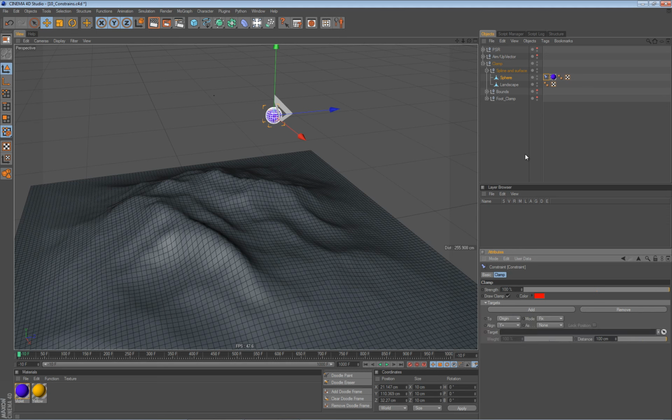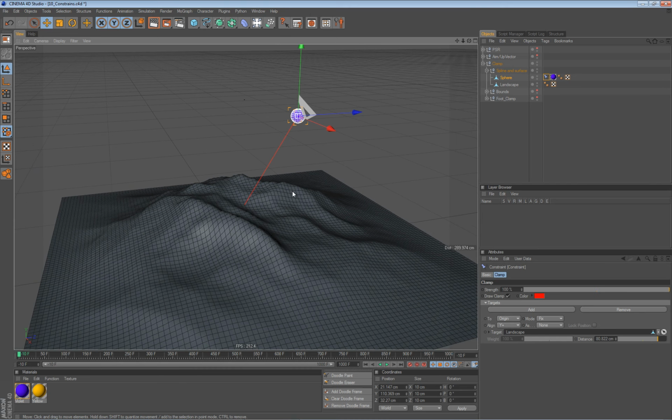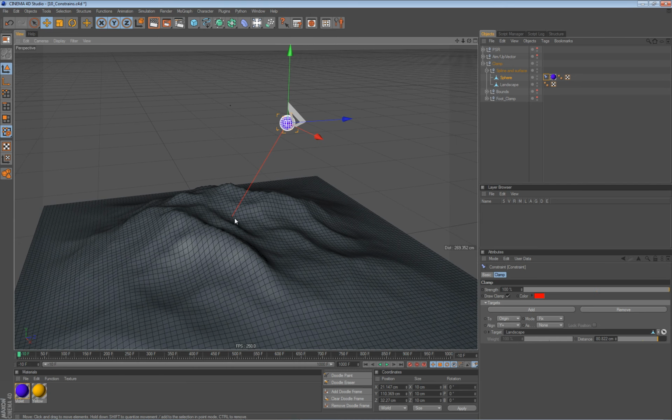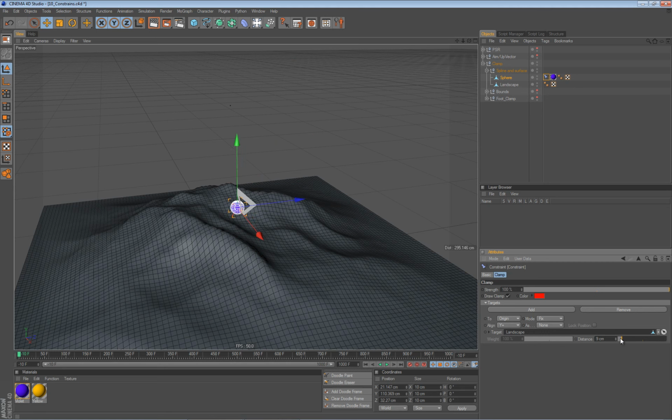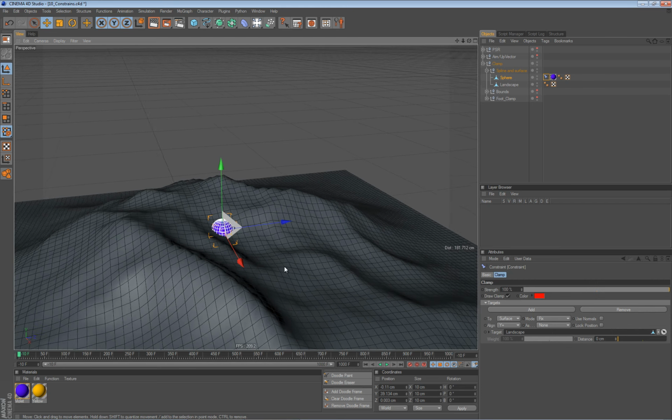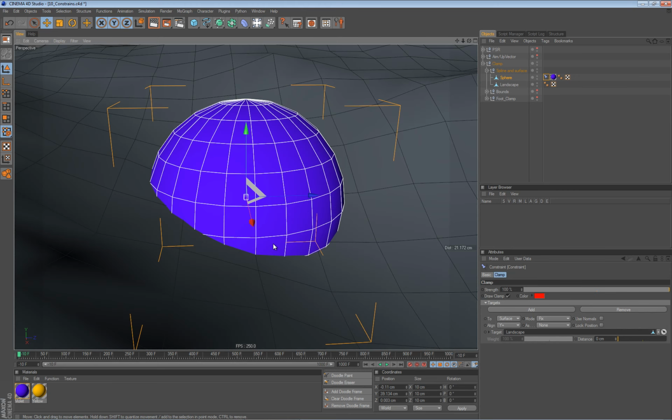Okay, so we will add a target, and in this case the target will be the landscape, since you can see it already draw a clamp. Since I want this sphere to really travel on the surface of this landscape automatically, so it automatically adjusts its distance according to the surface itself. Since I want it to be completely on the surface, I will set the distance to 0 and set here surface option. Once again, that rule that Cinema 4D calculates everything from the axis itself,